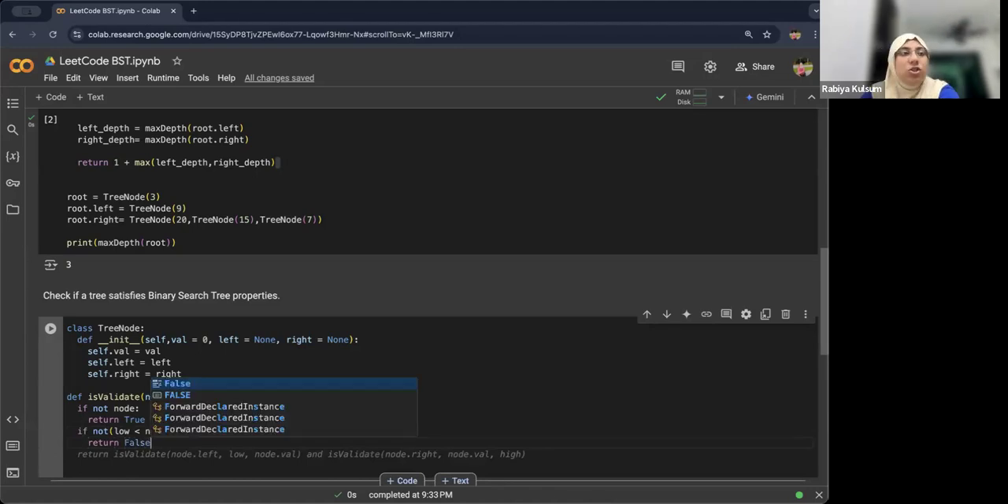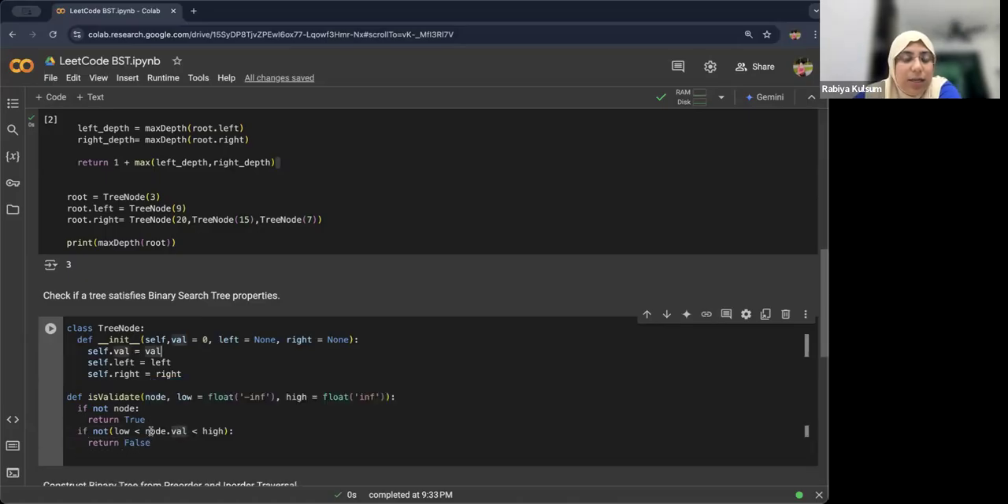Okay, so here we are checking the node value. What does it say here? Our low value should be less than the node value, and the value on our high should be greater than our high value. Then we are returning false. That means if this case is not justified, it's telling us, if not, this should be the ideal case for a